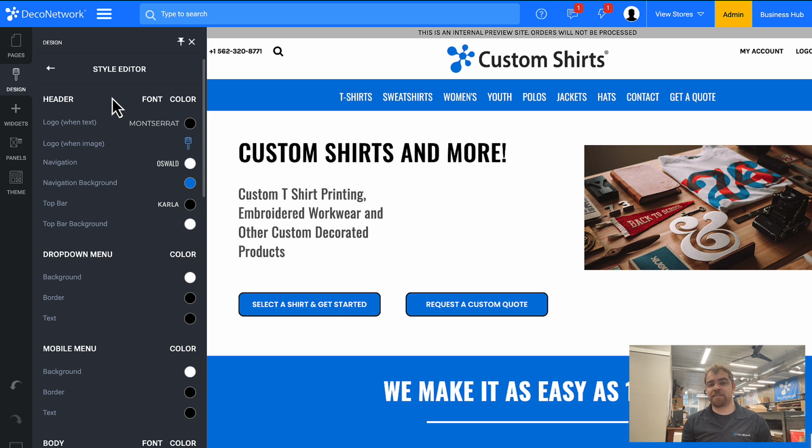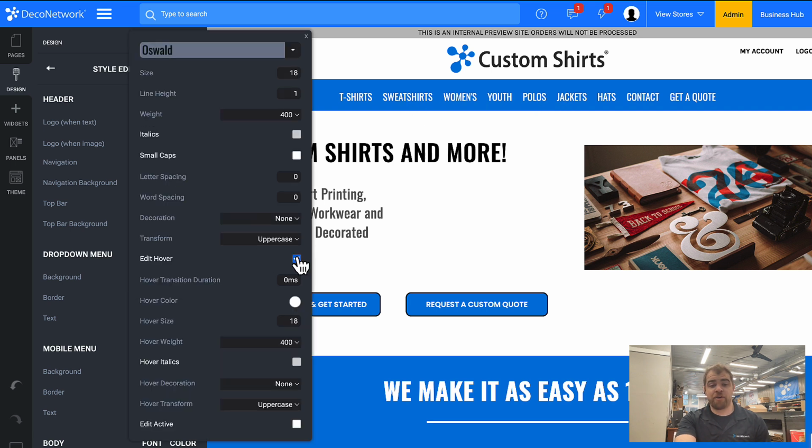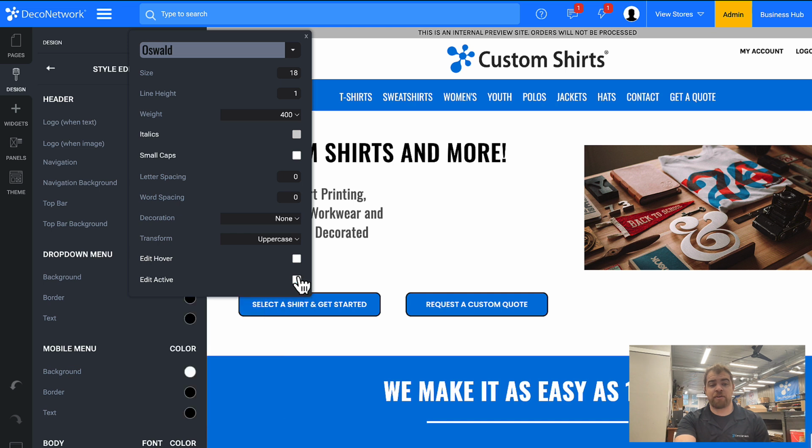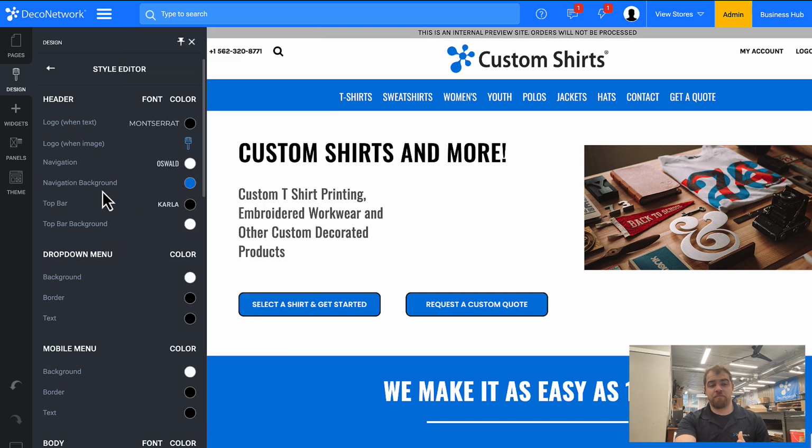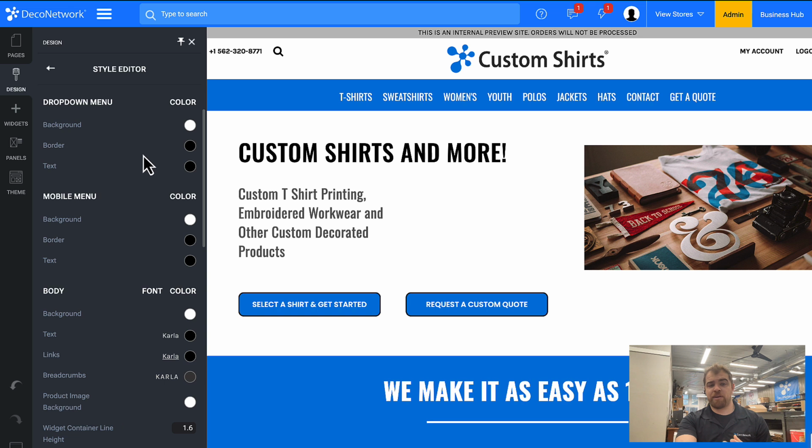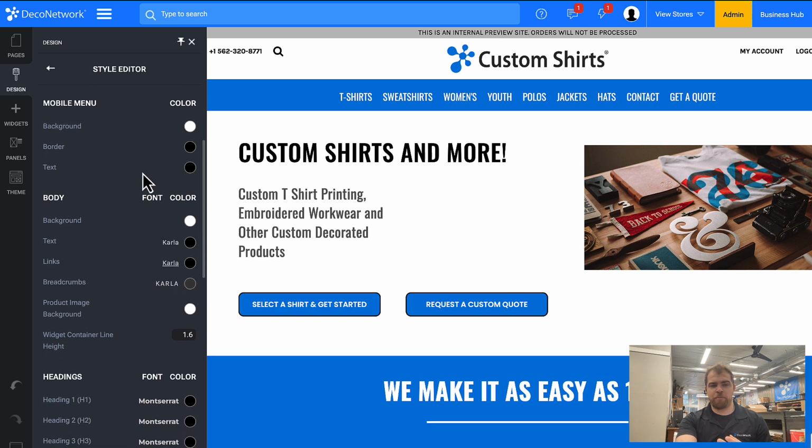Now, a lot of these settings can be overridden page to page, but anything with the header is going to be here, and the only way you're going to change the look of this is to add CSS code if you need to. So again, I can control the background color here, the navigation background, the navigation color scheme. If I go into it, I can control the hover color of the navigation or the active color of the navigation here. If we scroll farther down, we can do the same for the drop-down menu, the mobile menu,